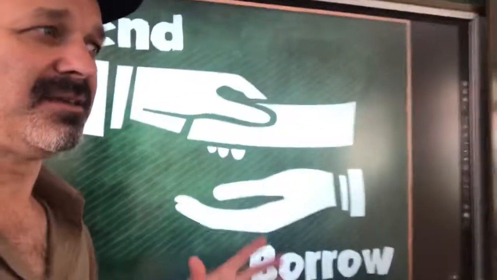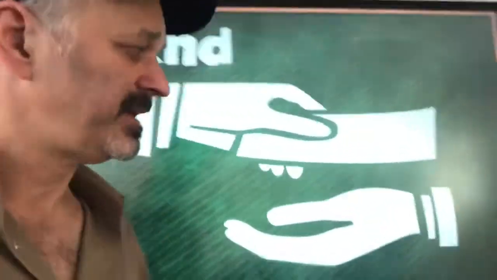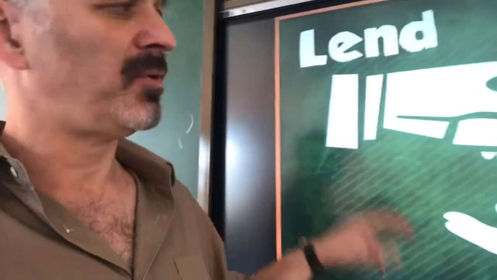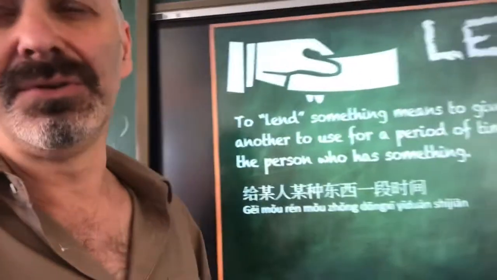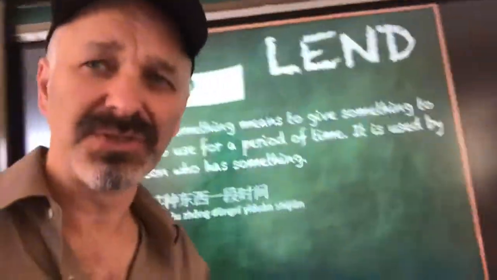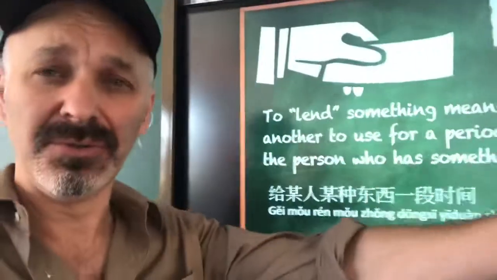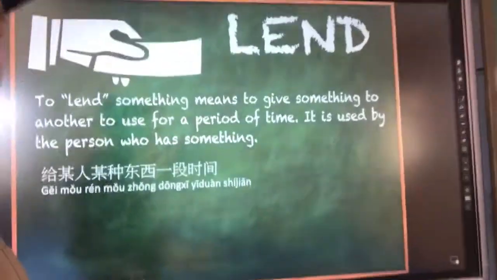And of course, I make the distinction that lend is kind of correlated with have, and borrow is correlated with have not. It's also important to make the point about what prepositions you would use. Lend is lend to, and borrow is borrow from. Give them a definition, give the Chinese, give a few examples.